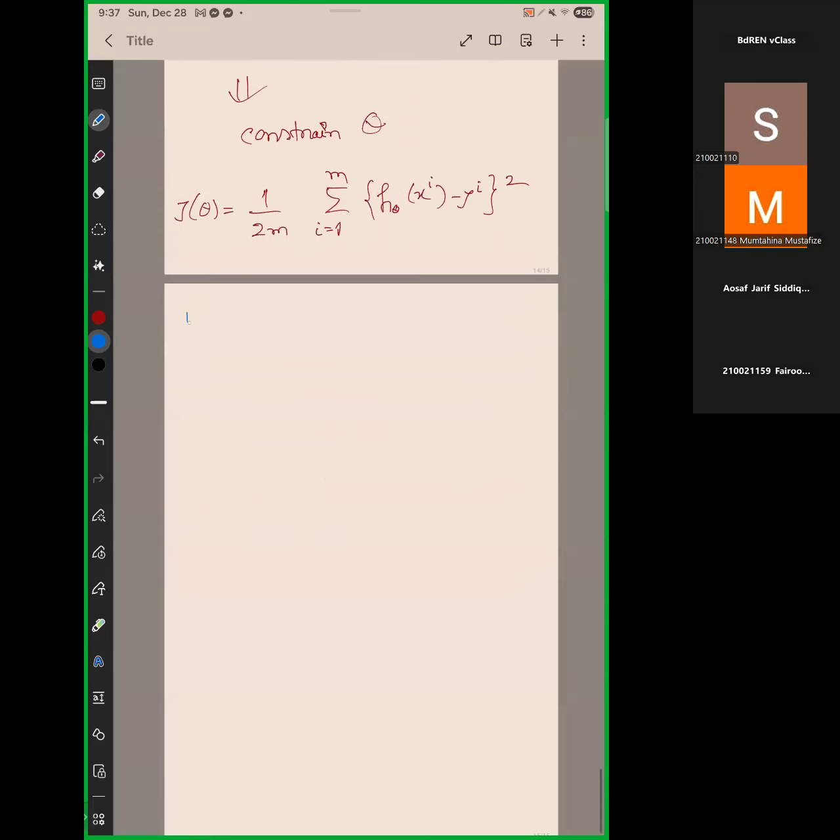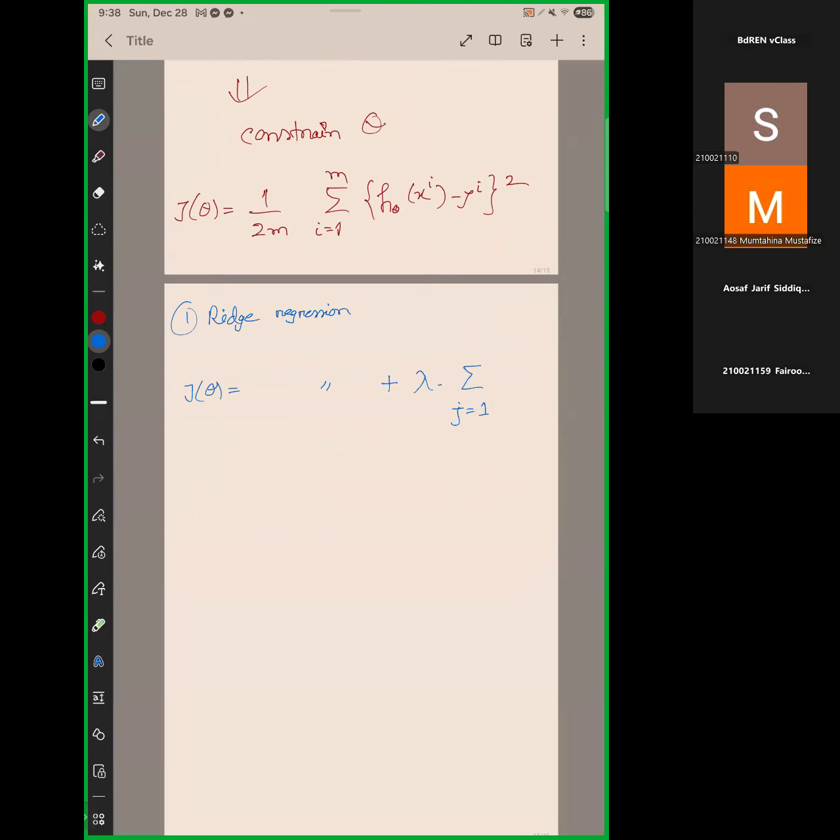One is called the Ridge regression. Okay. In the Ridge regression, we update this term, the J theta, a little bit. This term remains the same, but we add another term here, plus. What is the term? Lambda. Lambda, summation j equals 1